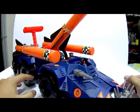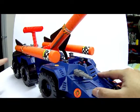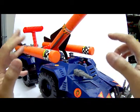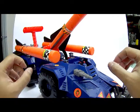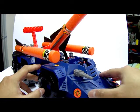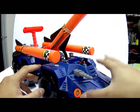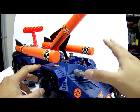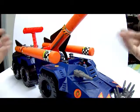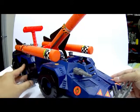So if I'm going to give a rating of the Detonator, the sheer size and the body itself is impressive. It's just the colors itself is quite lame. So if I'm going to give a rating on this, I'm just going to give it a 7 out of 10. 7 out of 10, because the majority of the points score due to the size of the vehicle, that it can fit in the newer figures, it can fit in quite a number of figures as well. The details of the body is quite impressive, hence why it scored a lot of points on that. And the rest of the points are because of the colors itself and the Nerf Rockets gimmick. It's not really impressive. So yes, 7 out of 10 for the